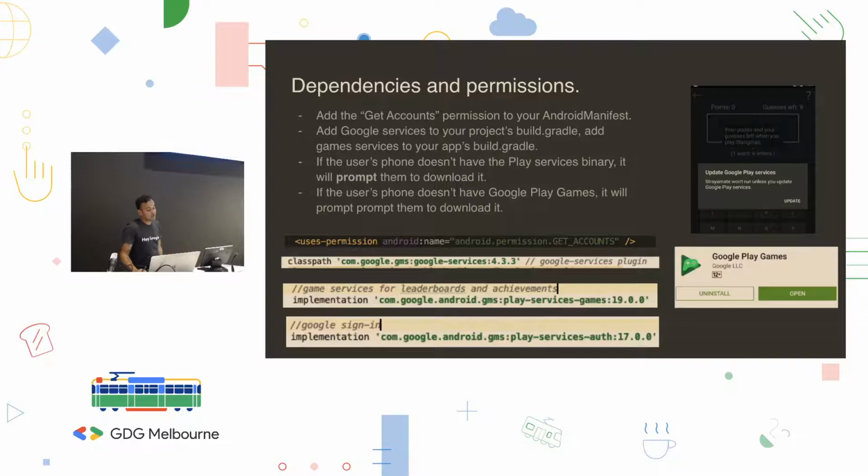And you've also got to have the get accounts permission, because obviously you need to use the account. If the user doesn't have Play Services installed, it's going to take them to the Play Store and then they'll be able to install it. If they don't have game services, it's going to be